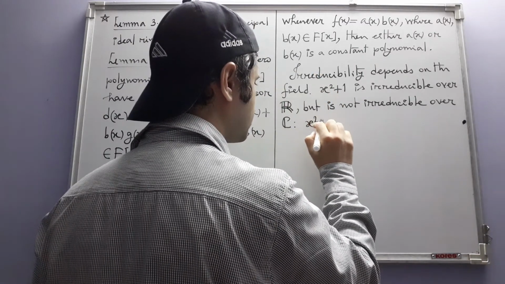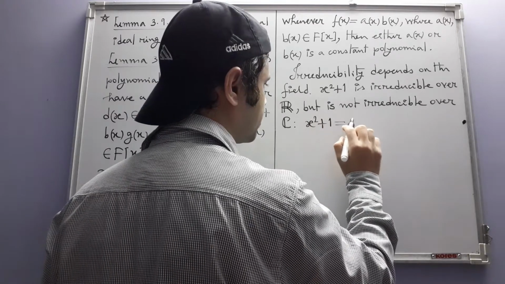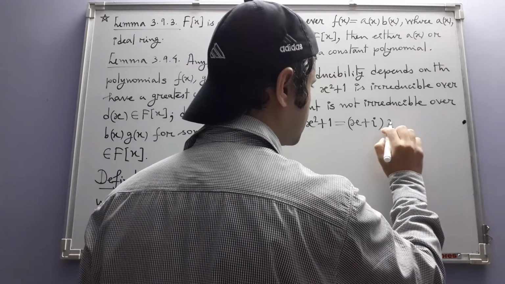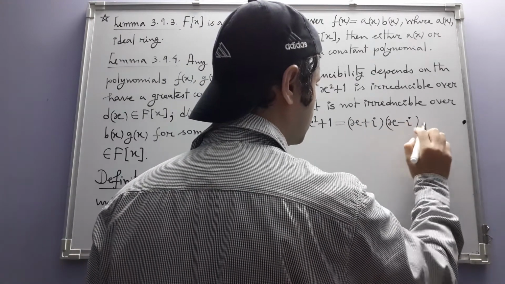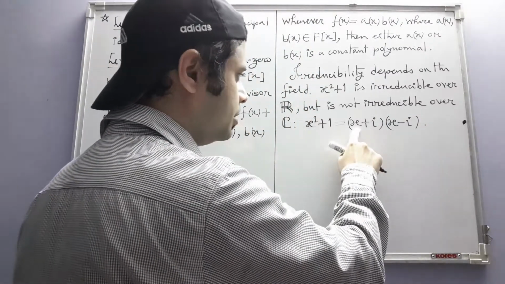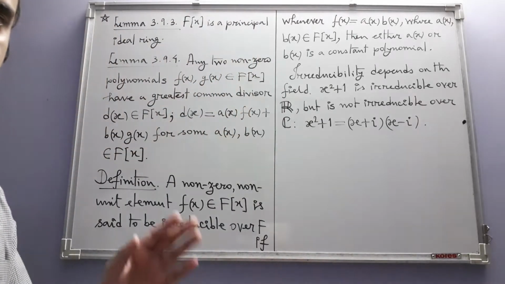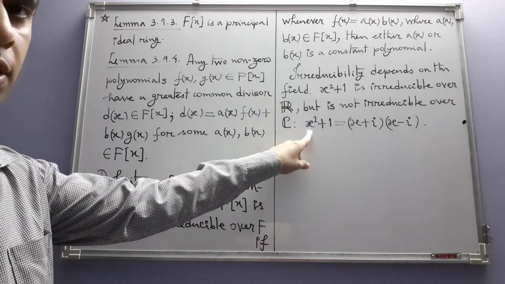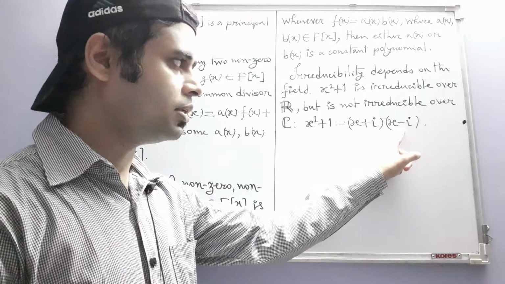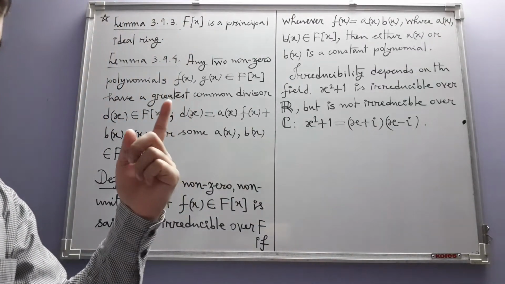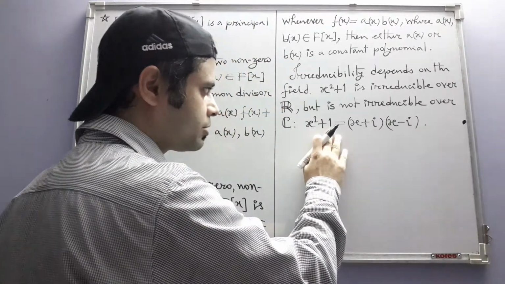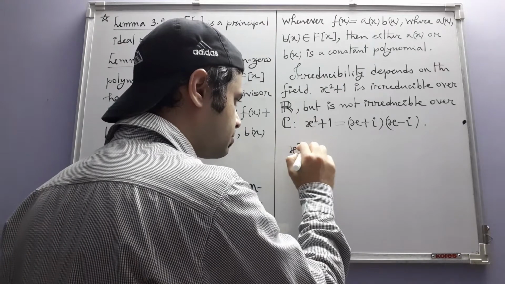Because you can write x square plus 1 as this product, x plus i times x minus i, where i is the square root of minus 1. Note that both of these polynomials have degree smaller than the degree of the original polynomial. Its degree is 2, whereas each of these polynomials is of degree 1. So this is a non-trivial factorization, and as such x square plus 1 as an element of